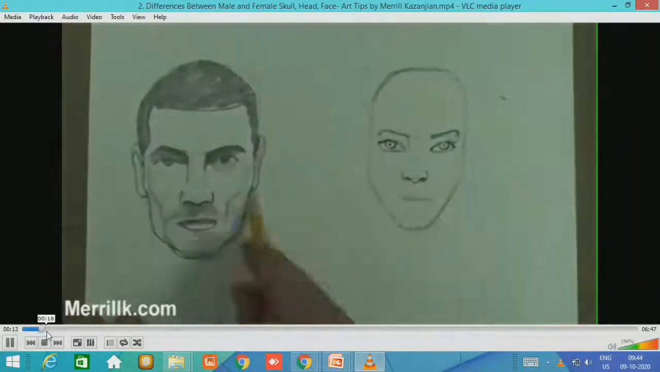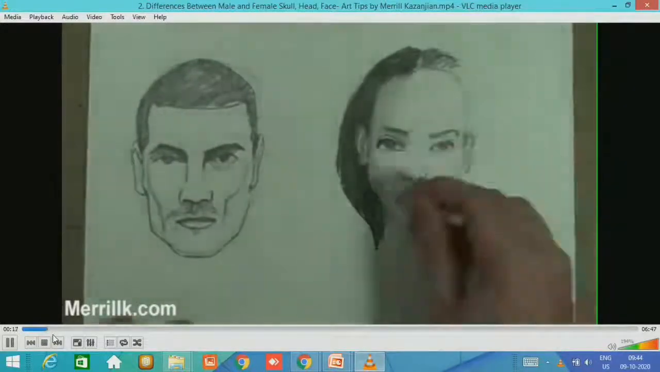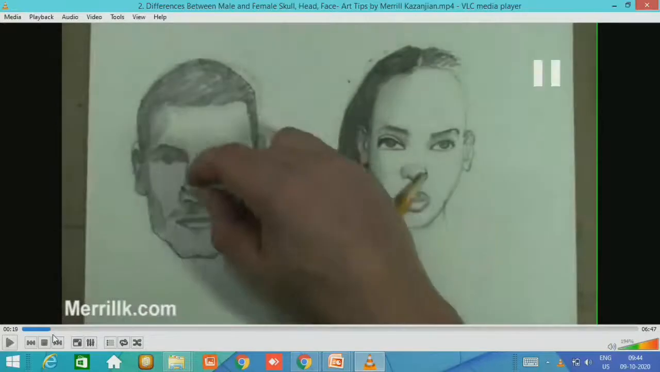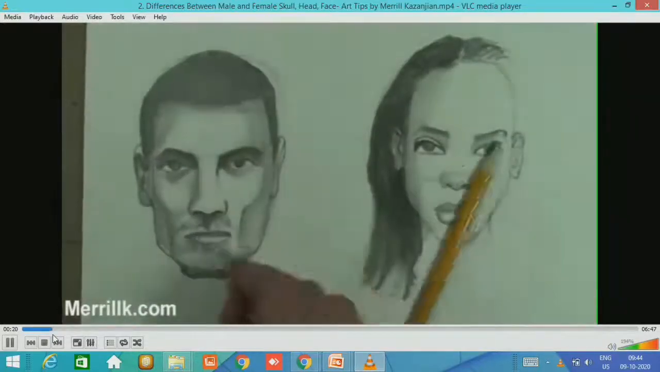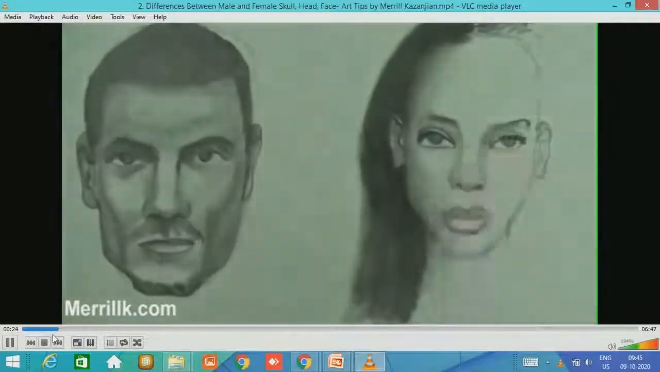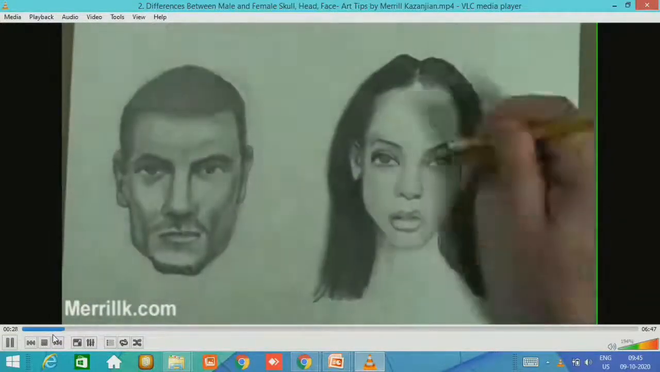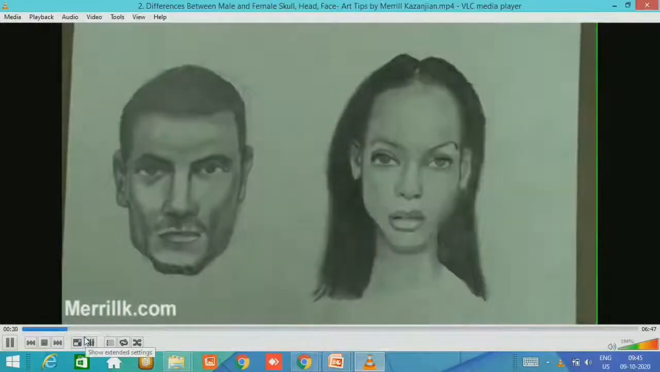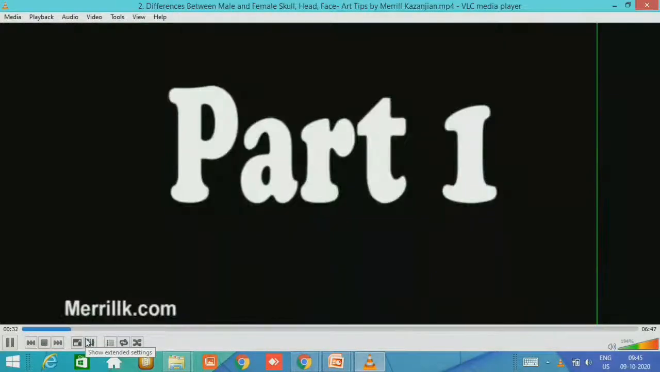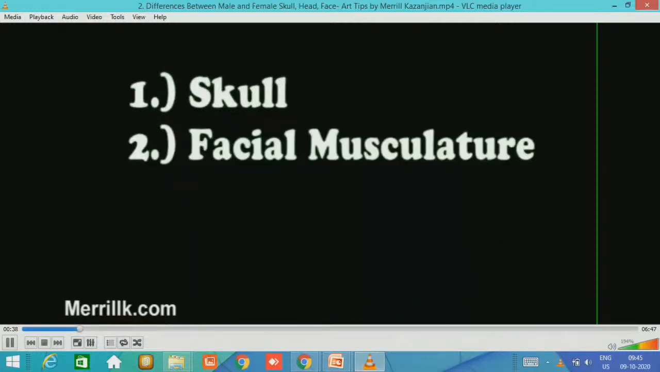In part 1 of this video, I will compare male and female facial features, bone structure, and musculature. In the second part of this video, I will do a demonstration. During this demonstration, I will review what we've learned in the first part and teach you how to draw the nuances of the male and female face. Let's look at the differences of the male and female skull first, and then we will work our way up